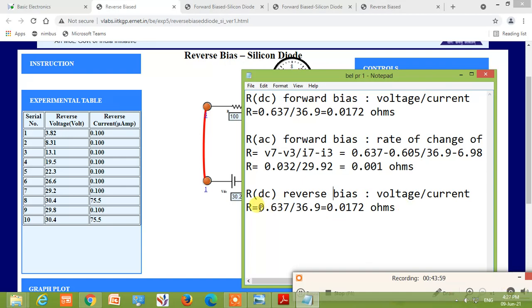The voltage value at serial number 8 is 30.4. The current here is 75.5 microampere.